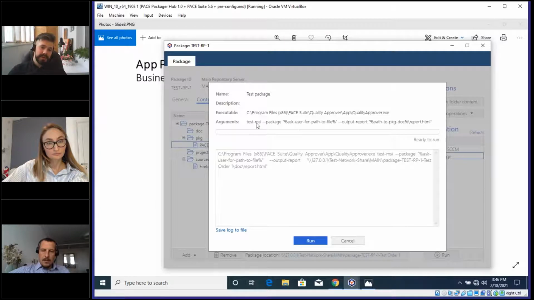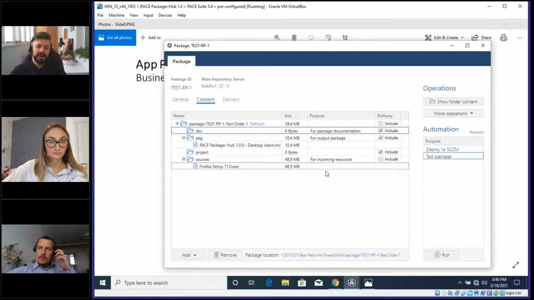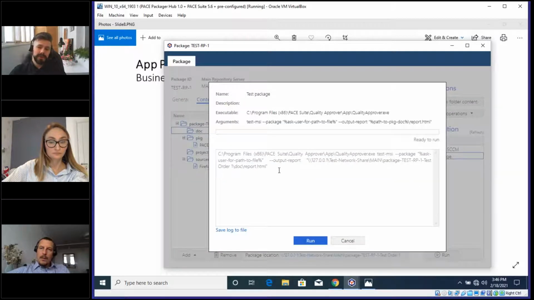An interesting thing regarding arguments is that arguments can be static, just like test MSI package, and can also be variables. Variables are replaced with values during runtime. These variables can be a path, as I mentioned before, according to the selected purpose. It can be a path to the document, to the folder with documentation, to the folder with the output package, with incoming resources, and also we have variables